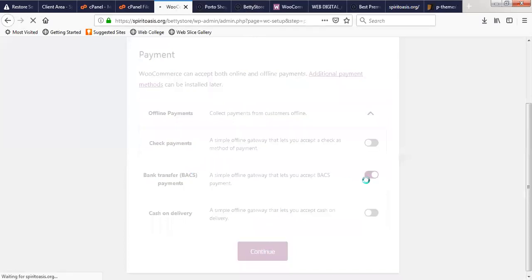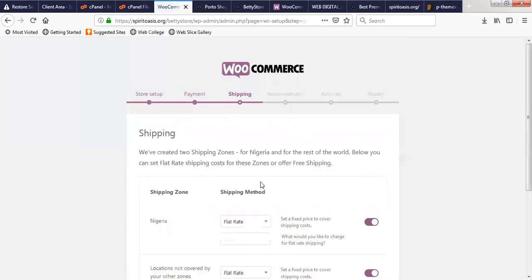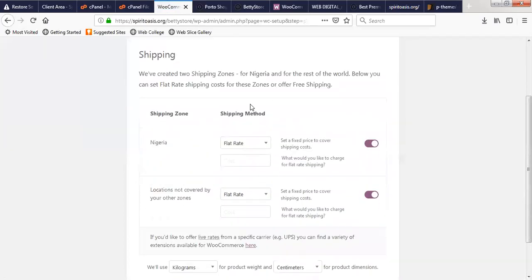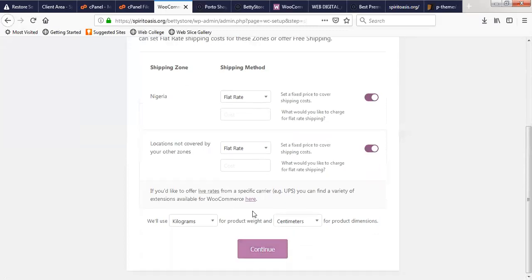Once I've selected the bank transfer option, you can also select other ones. You can also add ATM payment. So this is if you want shipping. Shipping fee, like for instance, someone wants to deliver products beyond the state of the store resident location. You can easily add their shipping cost, but you can do it individually on a product. So here I may just leave it